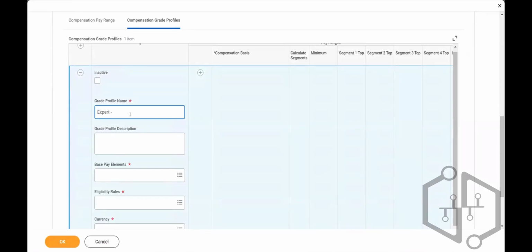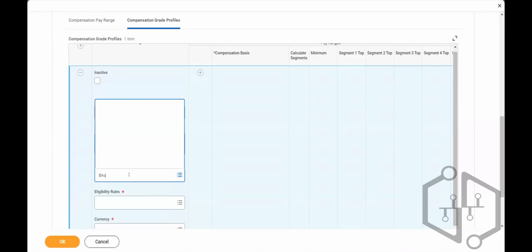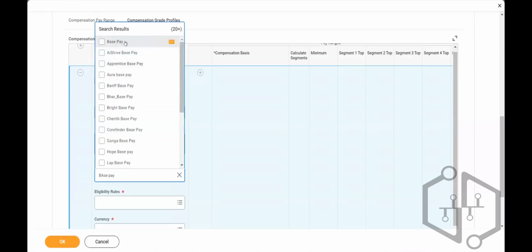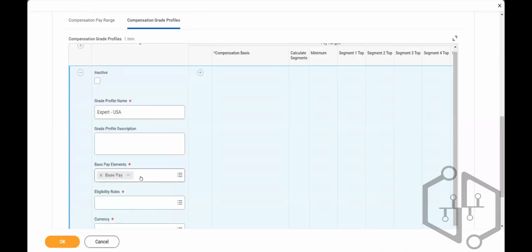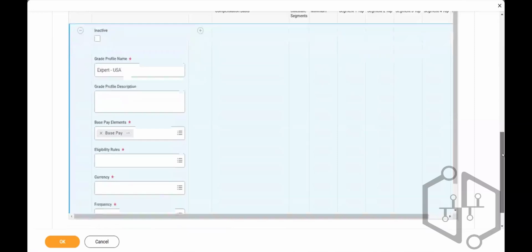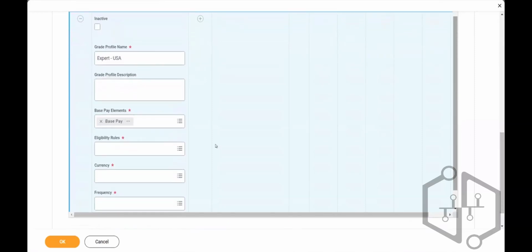Expert in USA. Let's take an example. I have it in multiple countries. One is in USA, another one is in Canada, or vice versa. I will define the base pay element here as the same again as in base pay. You can see, base pay. So some people have created randomly and they're using their own. Here the eligibility rule is